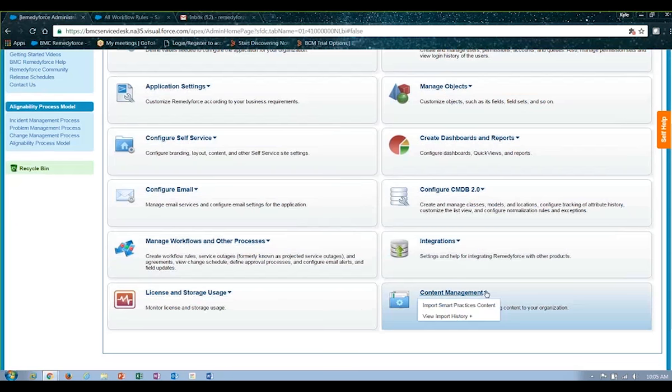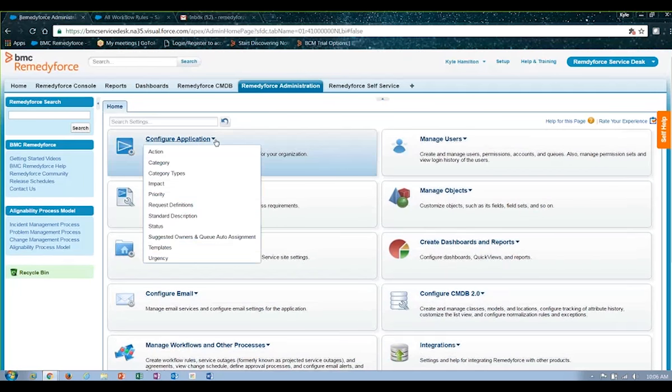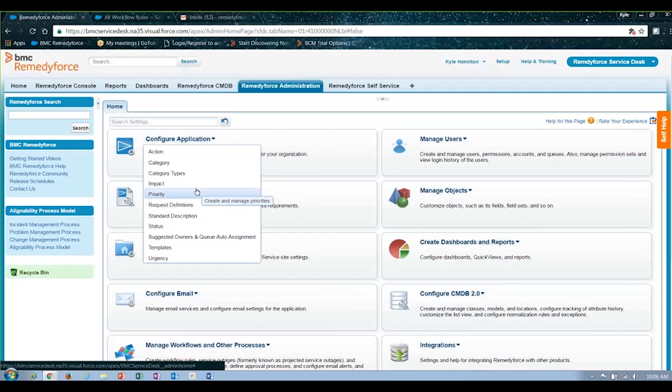BMC provides a library of content that they refer to as smart practices, which is essentially some best practice content that you can download into your environment and have immediate access to templates related to things like new hire process, onboarding, offboarding process, etc., as well as a wealth of best practice data back related to those priorities, status values, and the other information that you can enter up here, so you have that available to you without spending time